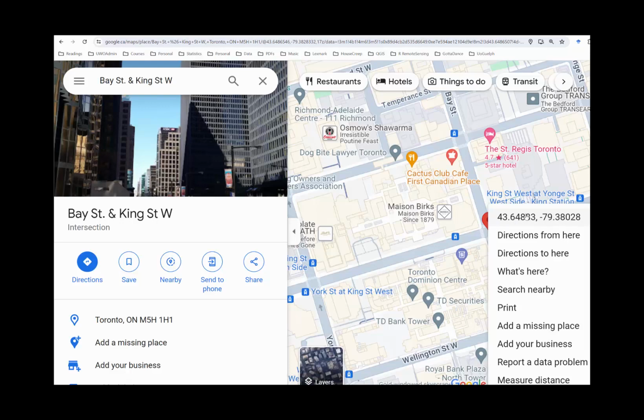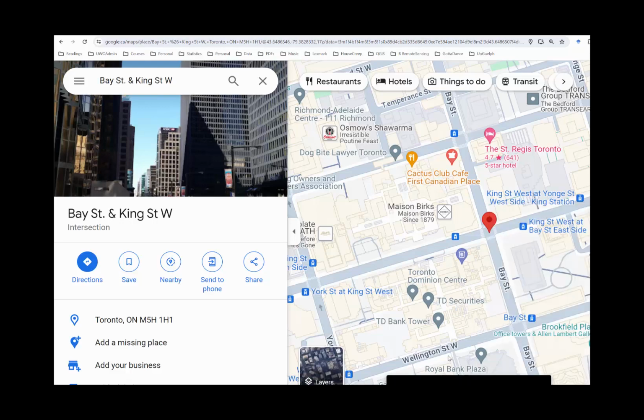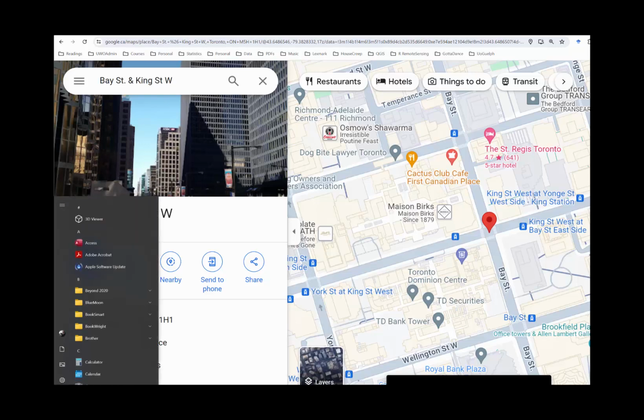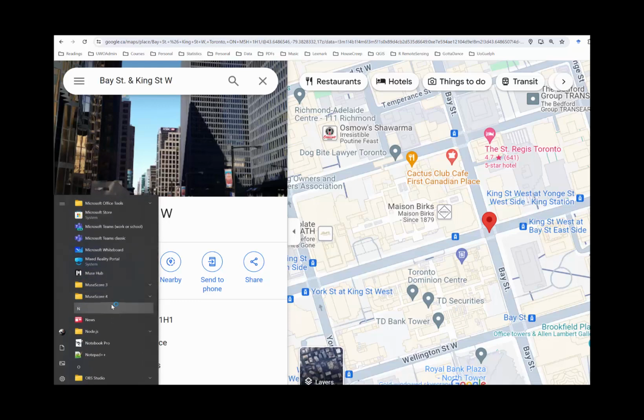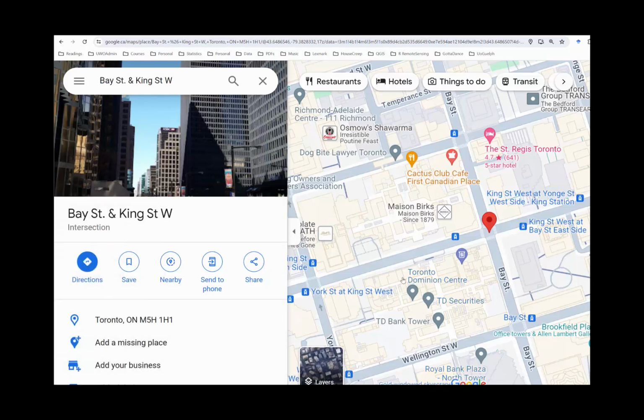Hover over the coordinates and then right-click. You will see that your coordinates are now copied to clipboard. What you do is then open, let's say, a notepad. It can be Excel or notepad. Let's use notepad. Any notepad that you are familiar with, and then Control V or paste the coordinates for your use in 1